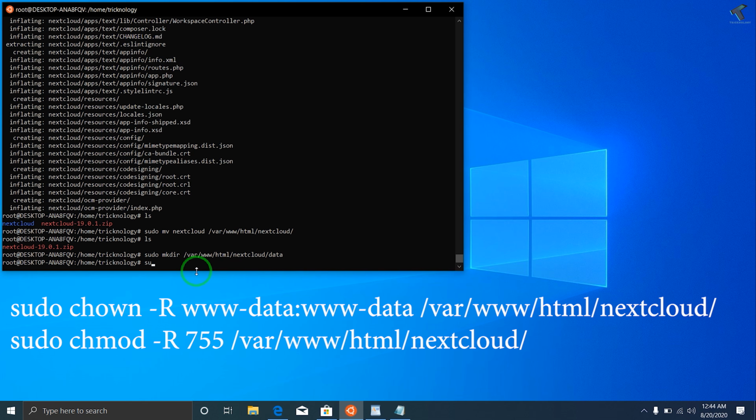So the command is sudo chown -R www-data:www-data /var/www/html/nextcloud, then press enter.